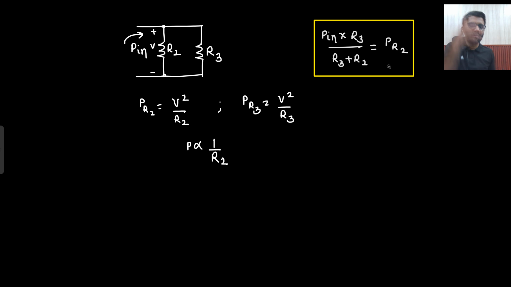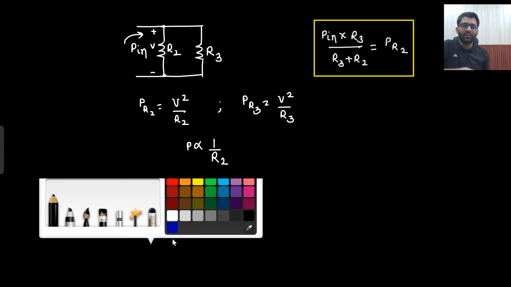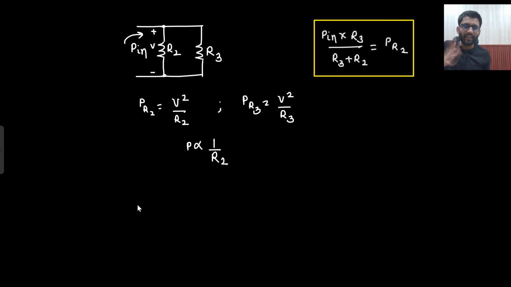But if the resistance were not the same, then you would be dividing the power in the inverse proportion of resistance. And how would you remember? That's our V square by R. V square by R means the voltage is the same in parallel, so power will be inversely proportional to the resistance. And if the transmission lines were in series,